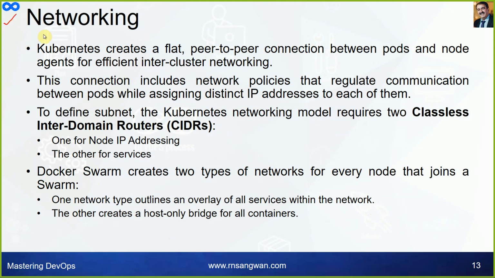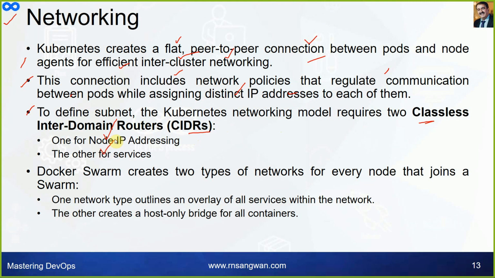Networking, comparative study of the two. Kubernetes creates a flat peer-to-peer connection between pods and node agents for efficient inter-cluster networking. This connection includes network policies that regulate communication between pods while assigning distinct IP addresses to each of them. To define subnets, the Kubernetes networking model requires two classless inter-domain routers, CIDRs, one for node IP addressing and the other